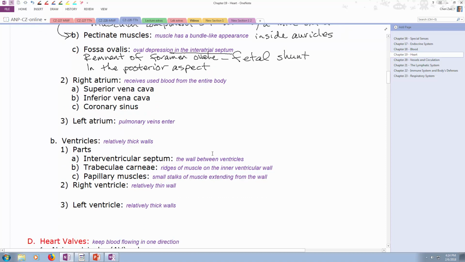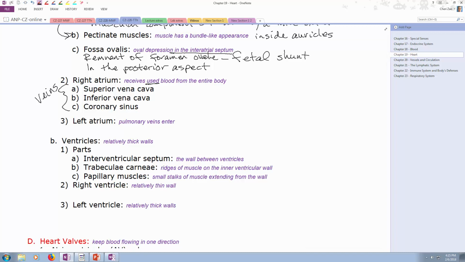The right atrium is going to receive used blood. Used blood is oxygen poor, carbon dioxide rich. That is what we mean by used blood. And the veins that are going to empty into the right atrium, because that's what all these are, veins, in other words, venous blood, because they're bringing blood back to the heart, are the superior vena cava, which is